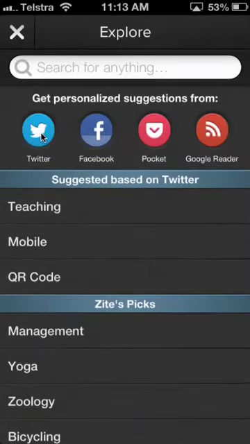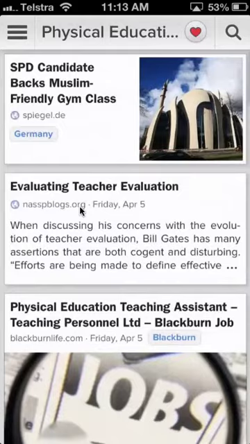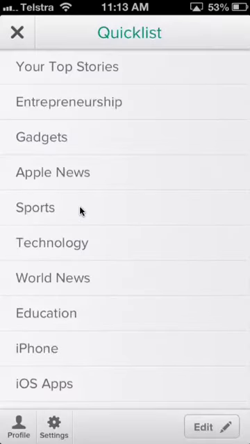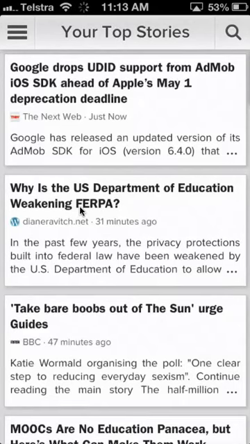It's certainly not something that you have to do, but it said, here's some suggestions based on things that appeared in my Twitter stream over time. So that's Zite. And if I go into, let's say, my top stories again, they'll be influenced by a lot of the different features.